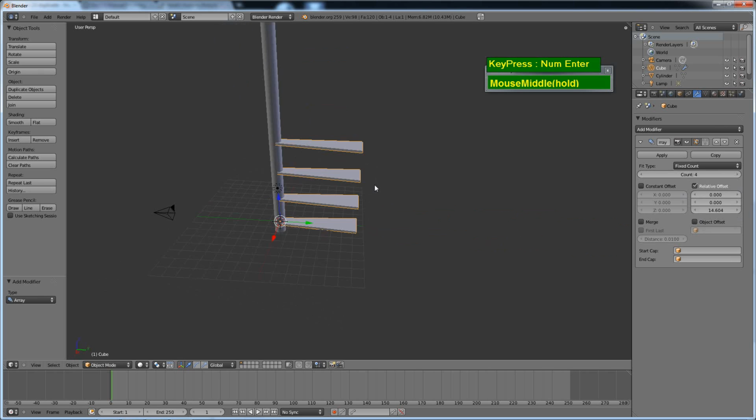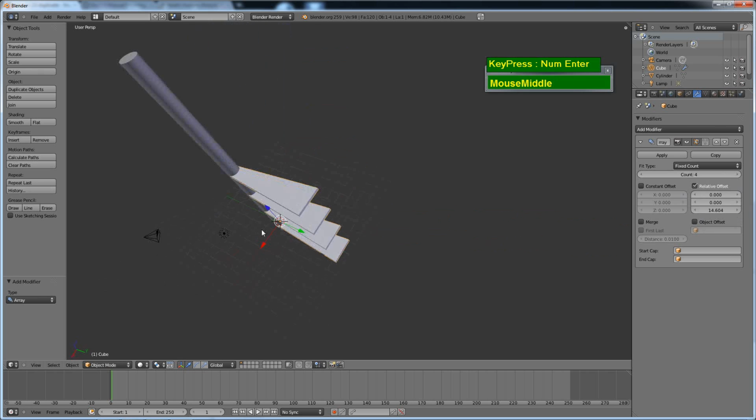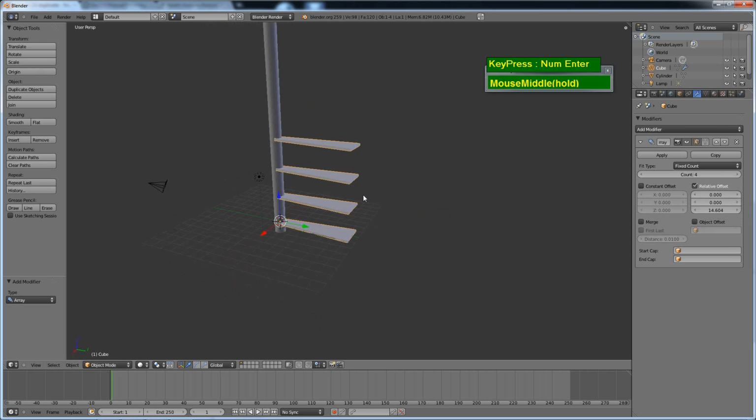But for a spiral staircase, we need this to be rotating, slightly offset from each other. So we will not be using this relative offset. In fact, we'll be using something called the object offset. In that, we're going to use a reference object and use that as an offset instead. So I'm going to turn off the relative offset,